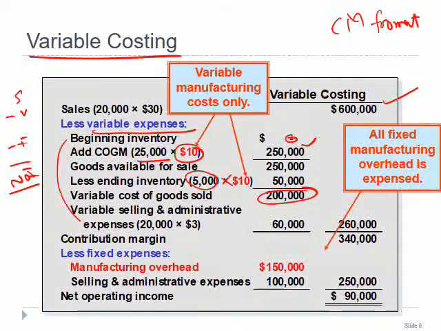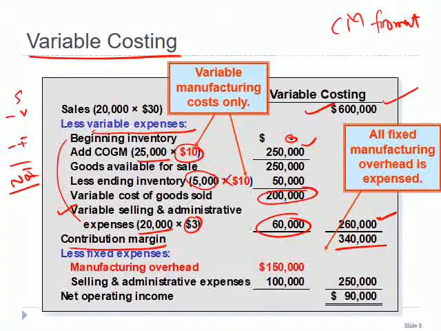We have one more, that is 3 variable selling and admin. We multiply it with the units sold, answer is 60,000. So this is our variable cost, and when we less 260,000 among 600,000, answer is 340,000 is our contribution